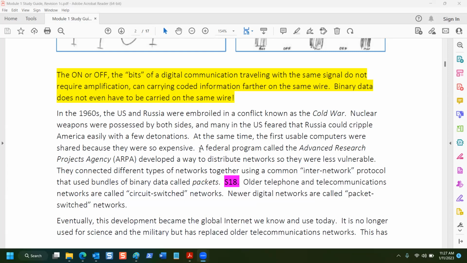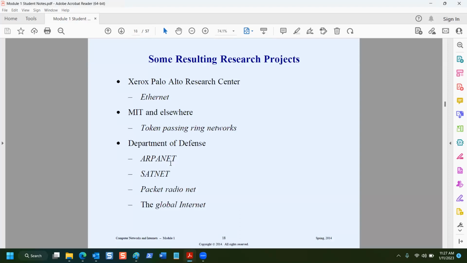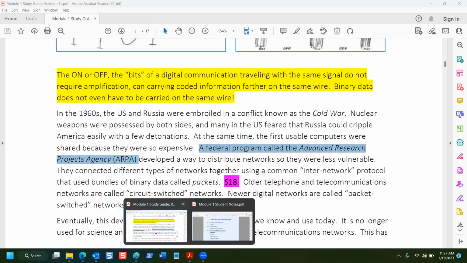Now, in this case, the interest is Advanced Research Projects Agency, and we're talking about the origins of the internet. And if I go to slide 18, here we see a reference to ARPANET. So in this case, there is a correlation between the slide reference and my study guide.